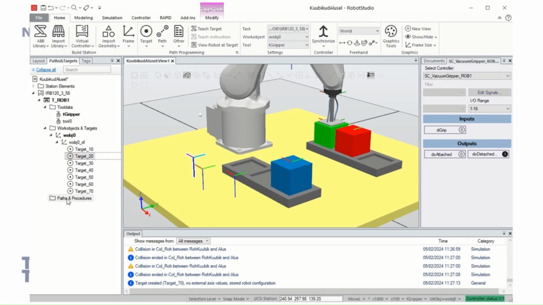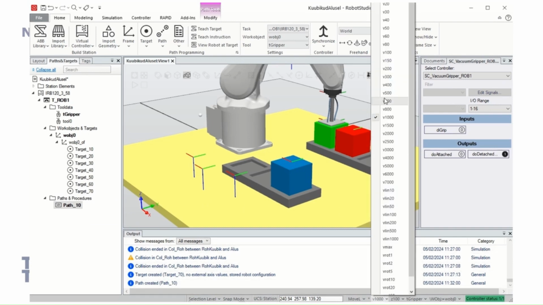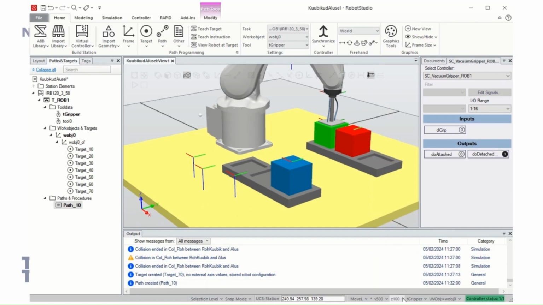For that, we make a new path here. So we select paths and procedures, right click and create path. Then we can select all the commands here, motion commands, and drag and drop them to path 10. But I do recommend to make some changes. So let's change this speed, let's say to 500, and then increase the accuracy to maybe 5, which is more